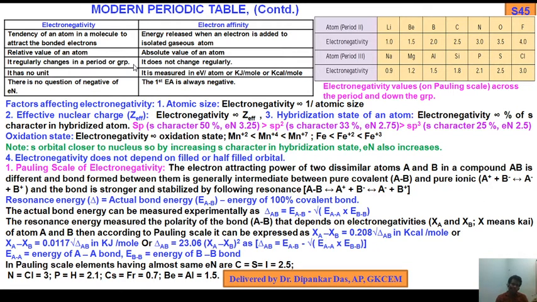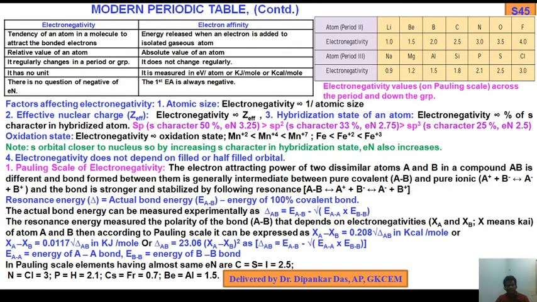Already I have discussed electronegativity. When you move across a period, electronegativity increases as size decreases due to increase of effective nuclear charge. When you move down the group, electronegativity decreases due to increase of size. Although there are two exceptional cases. Group 12, zinc, cadmium, mercury, due to lanthanide contraction, electronegativity increases. And also group 13, boron, aluminium and gallium, due to transition contraction, gallium has higher electronegativity than aluminium.